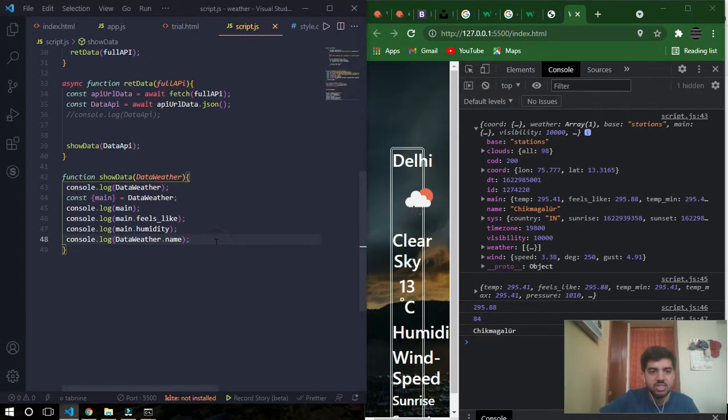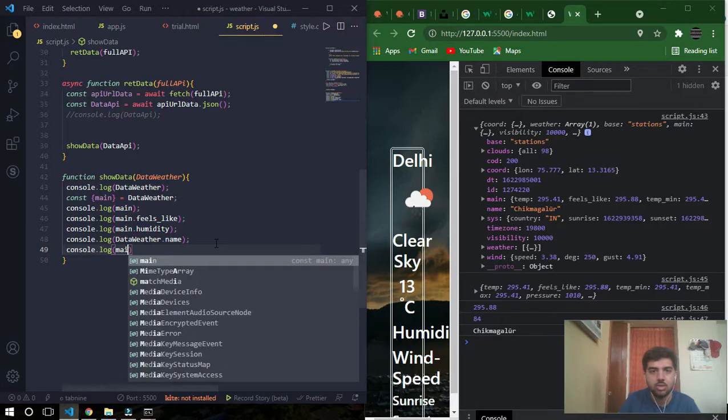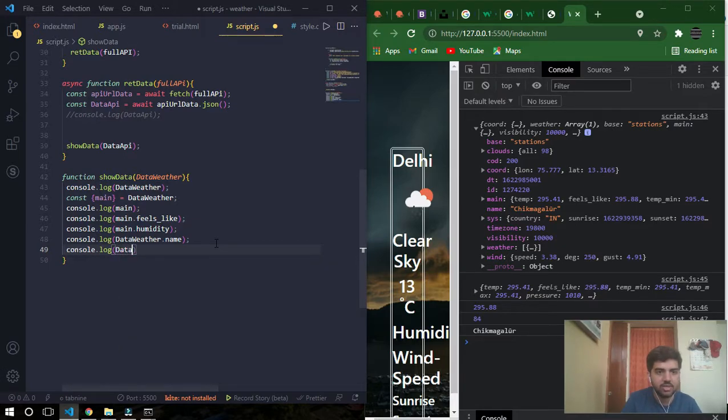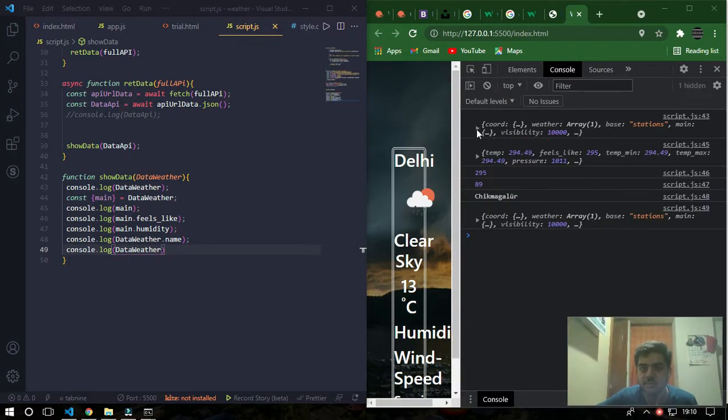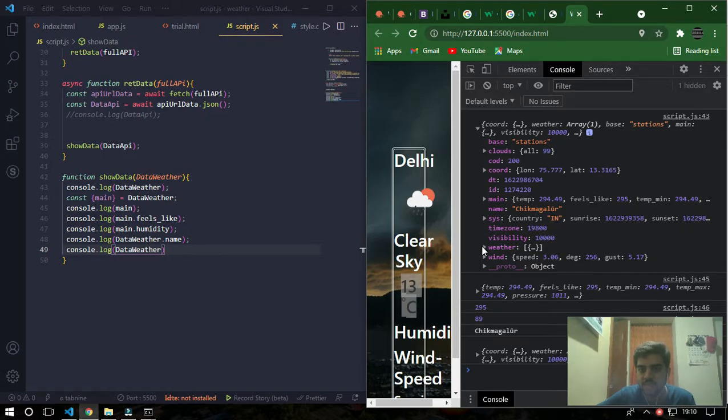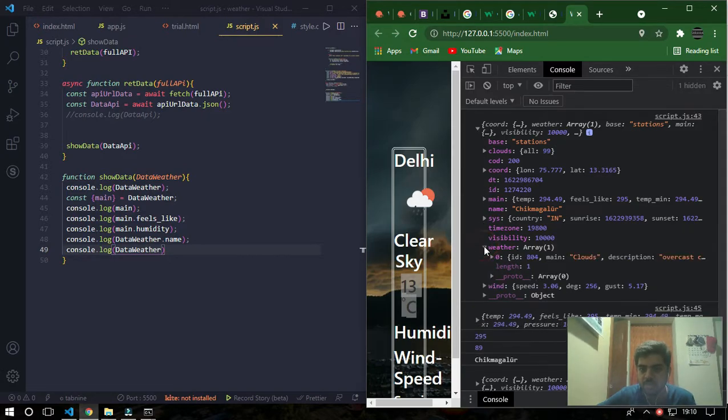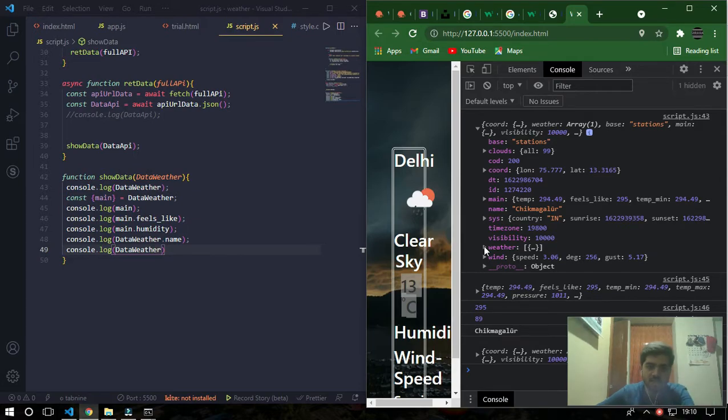We just take console dot log, data weather, and now we need the description. Description lies inside the JSON object of the API, inside the weather, which is an array. So how to access an array? We give the index, then it will return the element present at that index position.